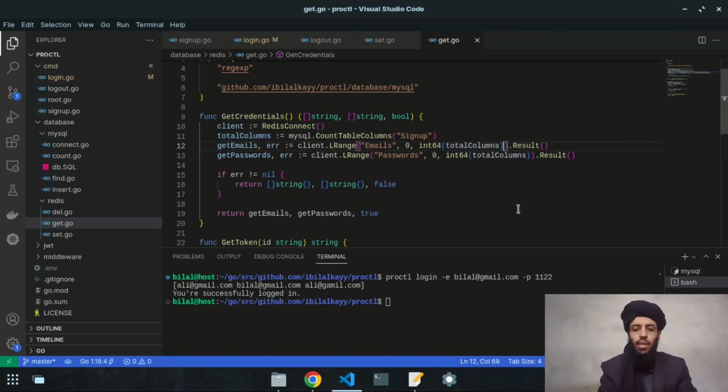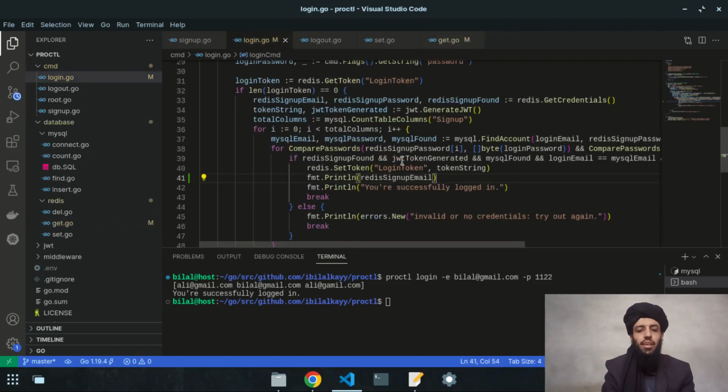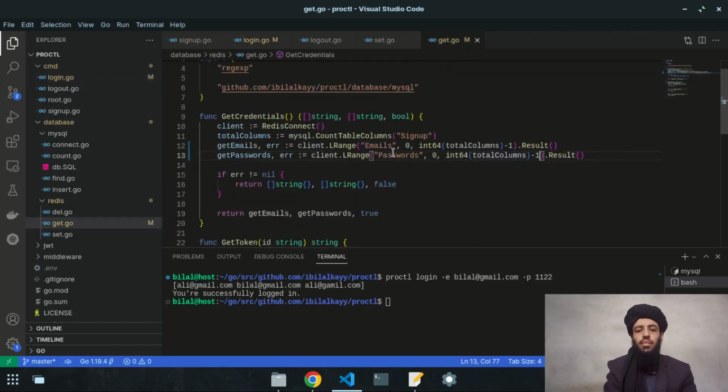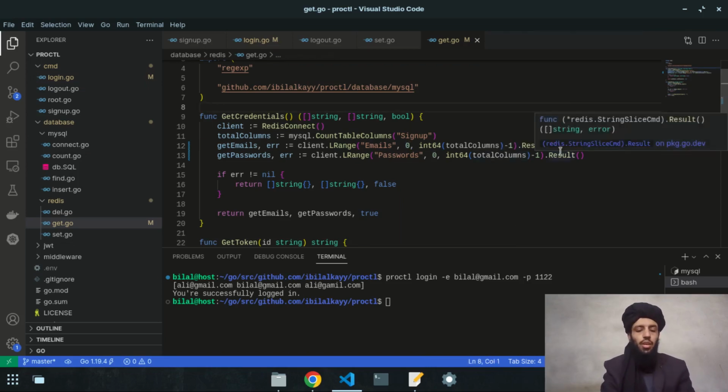So what I will do, I will subtract 1 from it, and then it will be performing the functionalities like this. I is smaller than 2. It means that 0 and 1 will be included, and 2 will be subtracted from it. The similar case with it, like starting from 0 and 1 will be included and 2 will be separated or subtracted from it. So let's close this, save this, and